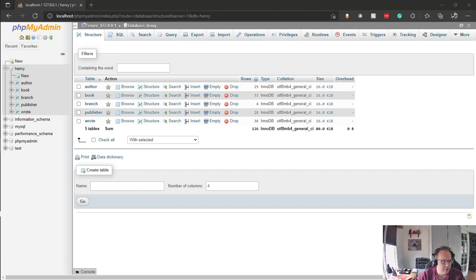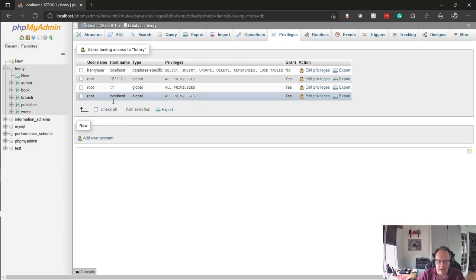And the reason I'm going to create a user is you do not ever want to connect to a database that's web-facing with the root user. The root user owns the whole database system. They can add, delete, drop, whatever you want. So you want to create a user that has limited privileges when it's web-facing. So I'm going to go to privileges to do this, and I'm going to add user,